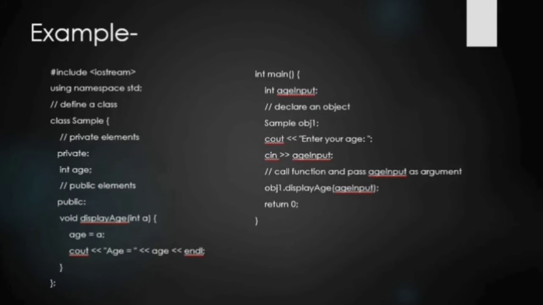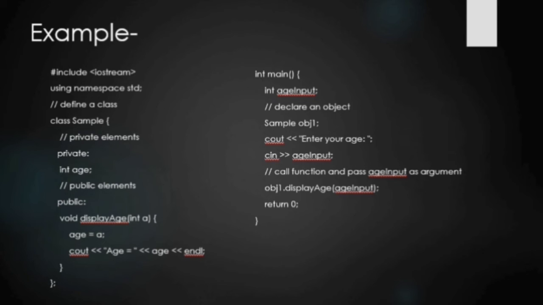Now see an example. This is the same program which we used to understand the public access specifier. In the main function, the object obj1 cannot directly access the variable age because it is private. Age is private, so we cannot access it directly. If we try to access it, then it will give us an error.